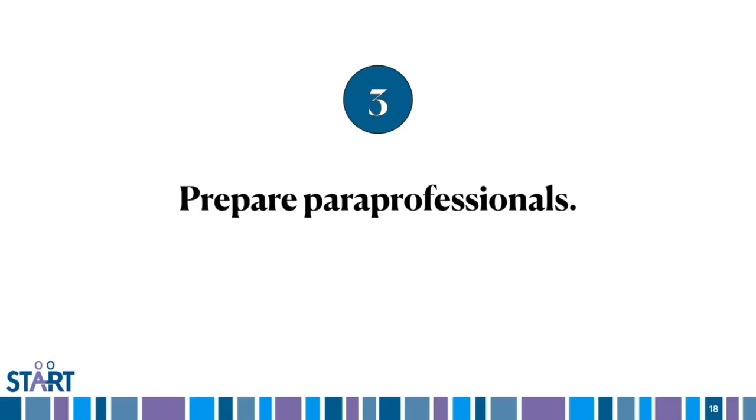Such training usually addresses the rationale for establishing peer support arrangements, the basic implementation steps, and examples of strategies for facilitating peer interaction and academic support. Now, you'll learn more about this in another session, but the training typically takes 2 to 3 hours, may be enhanced often by incorporating role play or follow-up coaching in the classroom. And some schools bring all of their inclusion paraprofessionals together for this training, which can be a bit more efficient, but also at the same time can make it harder to individualize to the students that they're supporting in particular.